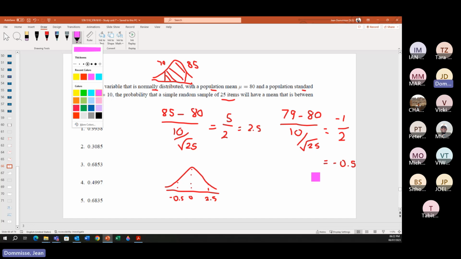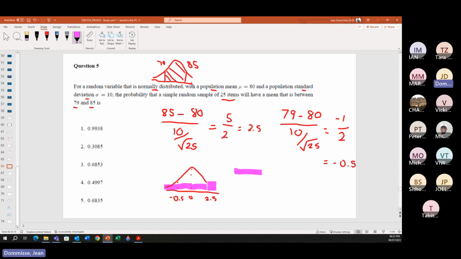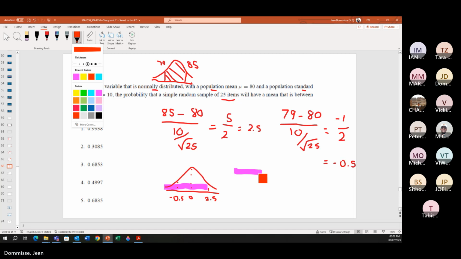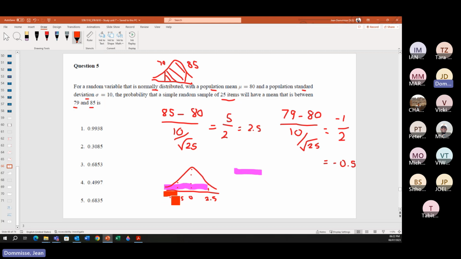When we use the positive table, I can get that whole purple area. If I use the negative table, I can get that red area. If I then take the purple area minus the red area,